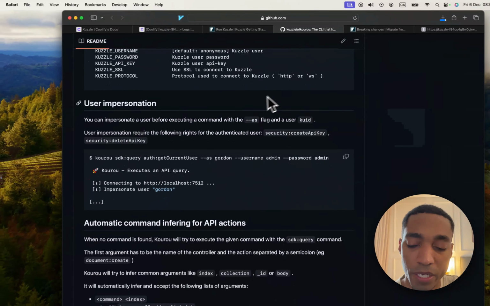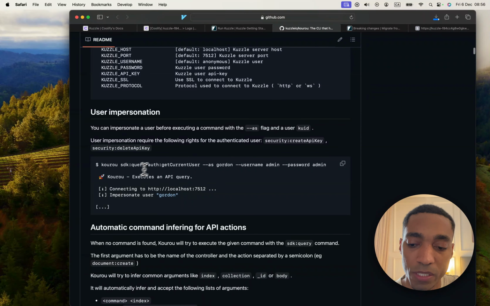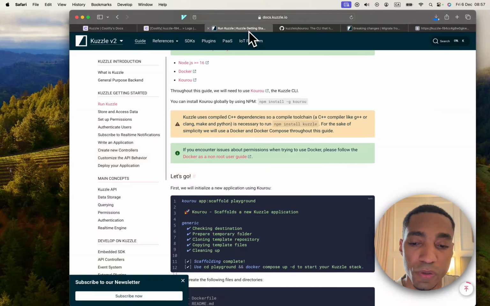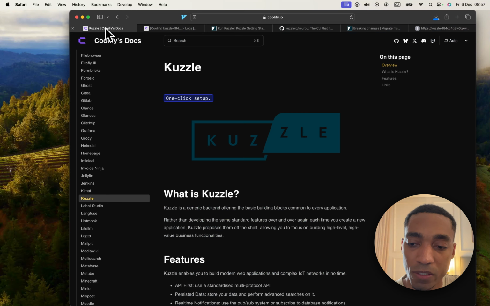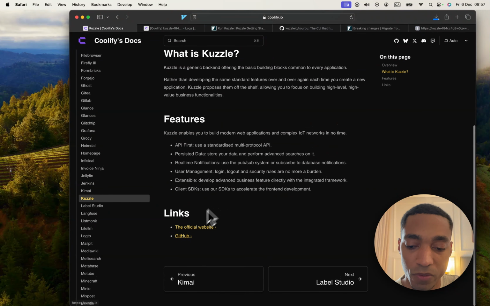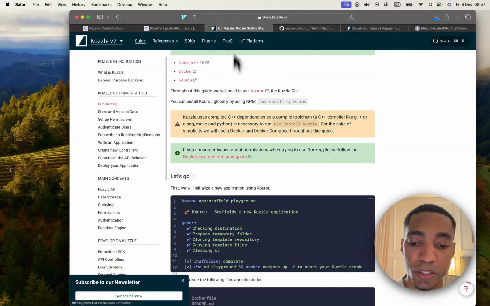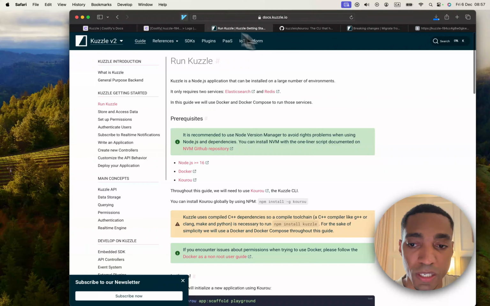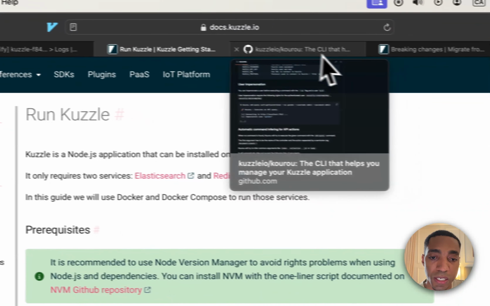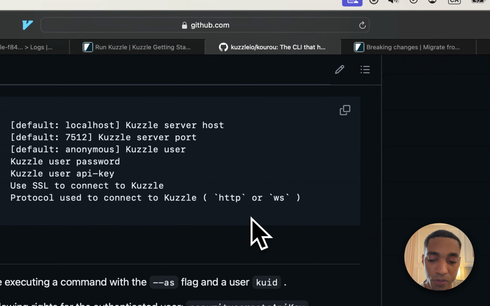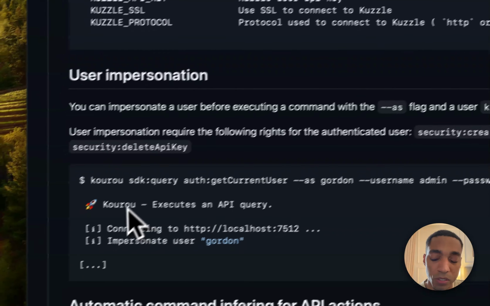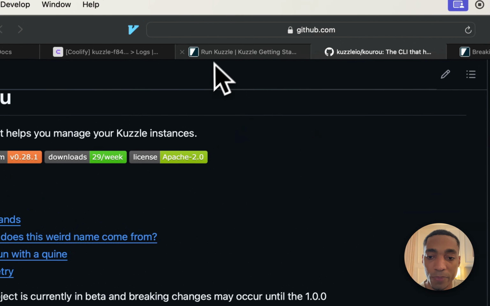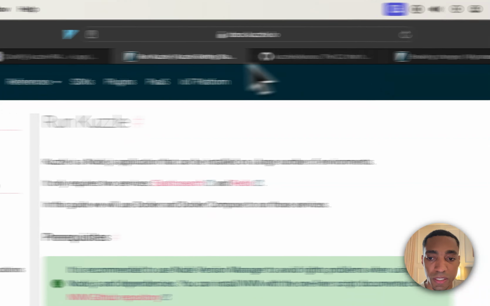It does come with a CLI called Kourou that you're meant to use to set up your application when you get started. So the best thing that I would recommend is to first go into the documentation and see how to set up your project to start before you even think about self-hosting it, because then you're just going to get confused. So you go in the terminal and type in the recommended command to set up your project. I believe it is in the